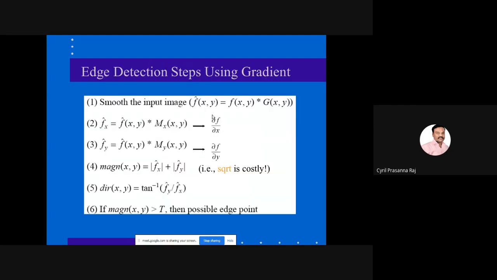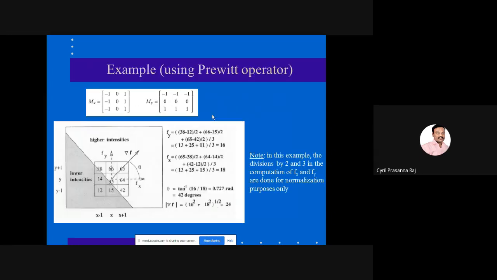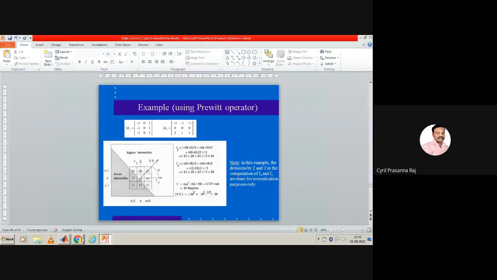Using this mask set, let us see how you can perform the edge detection operation. Let us use the simple Prewitt operator here. We have minus 1, 0, 1 as mx, the x directional mask, and the corresponding y directional mask, and we will apply both masks separately and identify the magnitude and the direction. Let us stop here and ask whether you have followed, any doubt you have.